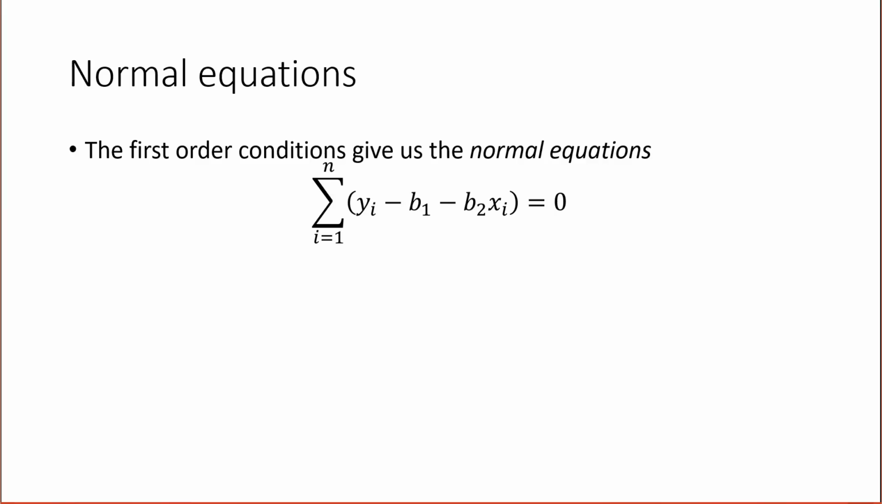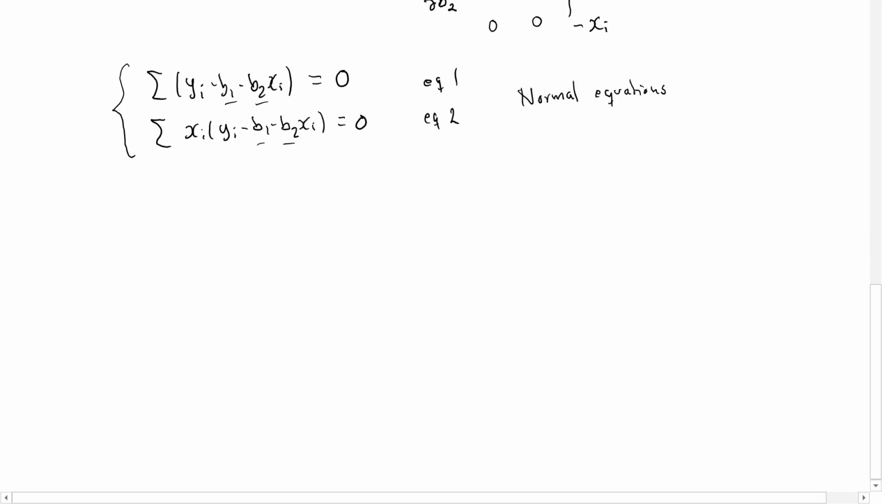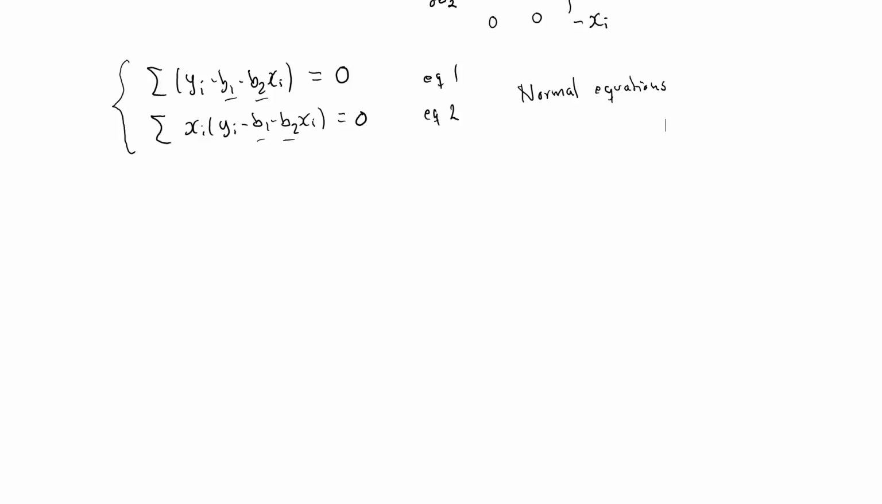This is the derivative with respect to b1, and that should be 0. This is the derivative with respect to b2, and that should be 0. So let's go ahead and solve these equations. It's just a matter of knowing your summation rules. So if we look at the first equation,